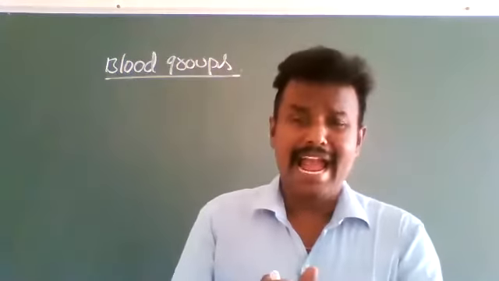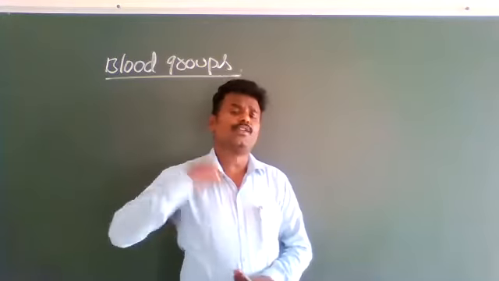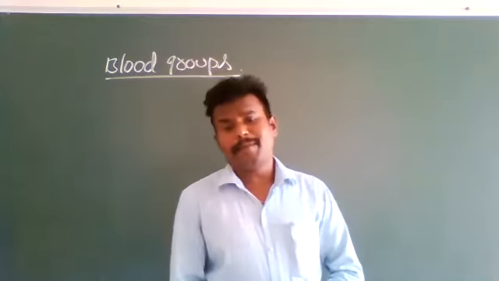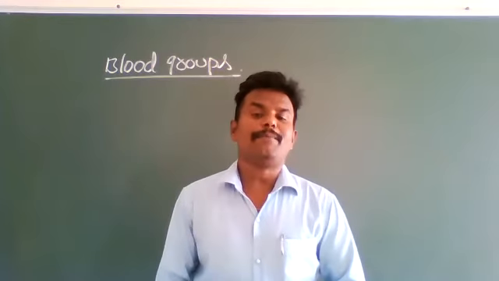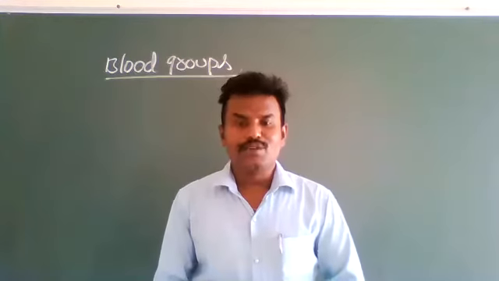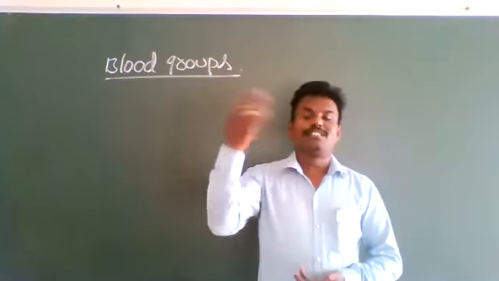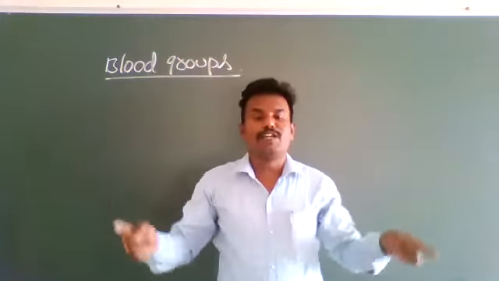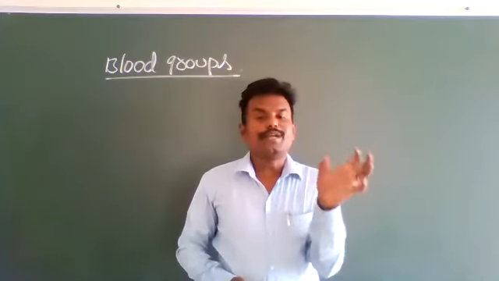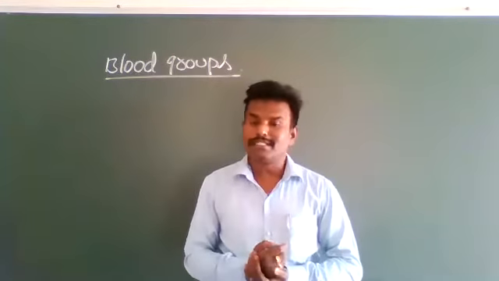In the case of the universal donor and the universal recipient, the donor's antigens and the recipient's antibodies are dissimilar. That's why an O person can donate blood to any person, and an AB person can receive blood from any person. That's why AB blood group persons are called universal recipients, and O blood group persons are called universal donors. This is what we have discussed in class, with the help of a table showing who can donate blood to which blood group.